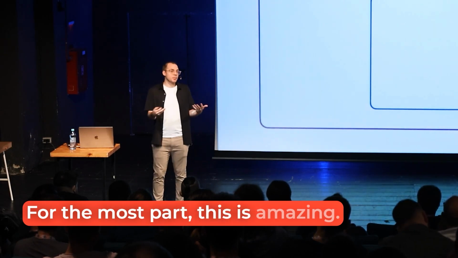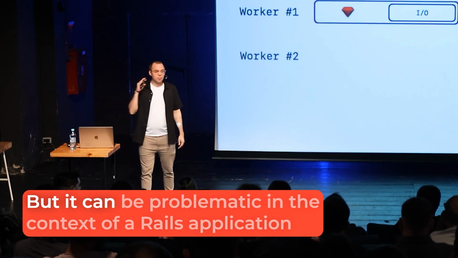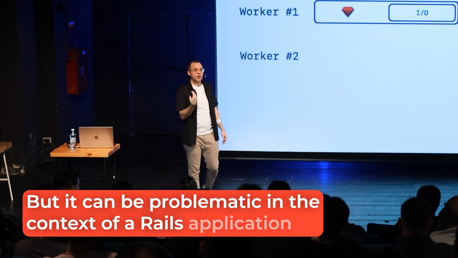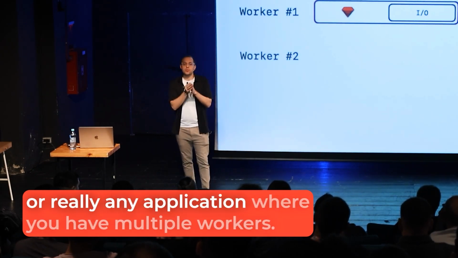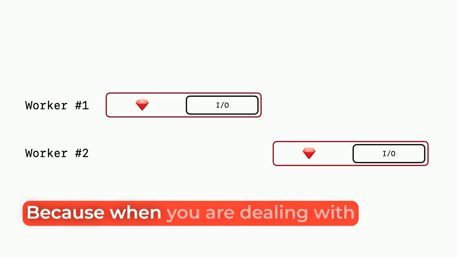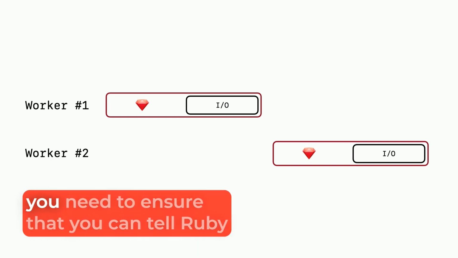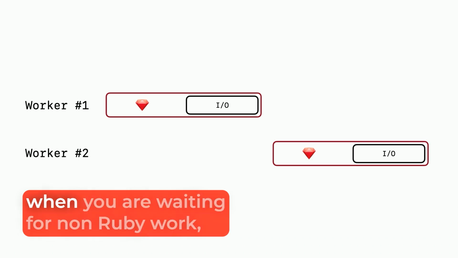For the most part, this is amazing. This gives us speed. There's no inter-process overhead for communication. But it can be problematic in the context of a Rails application, or really any application where you have multiple workers. Because when you are dealing with and contending with Ruby's global interpreter lock, or global VM lock, you need to ensure that you can tell Ruby when you are waiting for non-Ruby work,